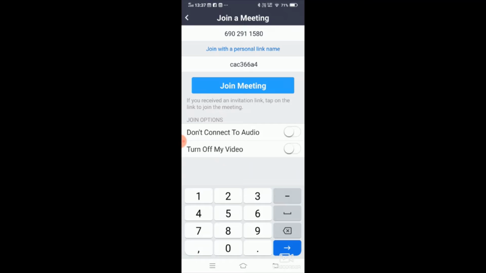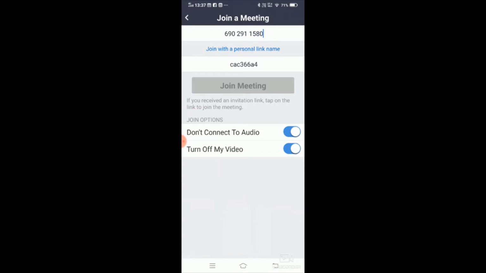Now you have two options: don't connect to audio and turn off my video. So both of these are not turned on, so it's fine. In this case, if you don't want to join the audio and the video, then you have to have both of these turned off. I don't want to connect my audio because it will mess up my recording, so I'm going to turn that on. But I want my video to be started, so I'm going to say, well, actually I don't want my video to be started for now, so I'm just going to say turn off my video. I'm going to click on join my meeting,